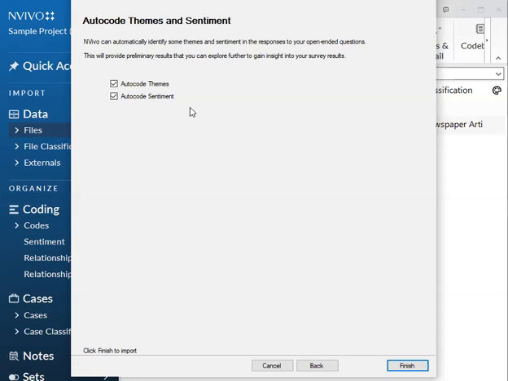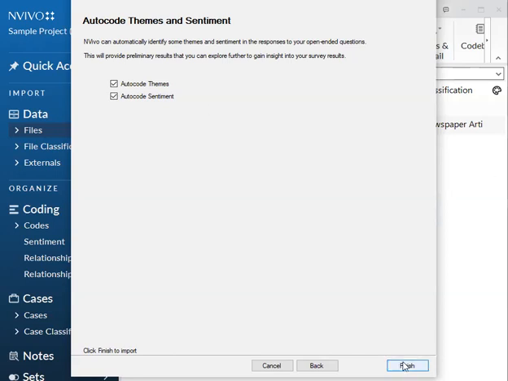So if you are interested in getting the full features of NVivo, and this in particular, please check that out. We will be having videos uploaded on how to use the virtual applications and desktop. So if that is something you're interested in, please either contact us or search for that tutorial as well.